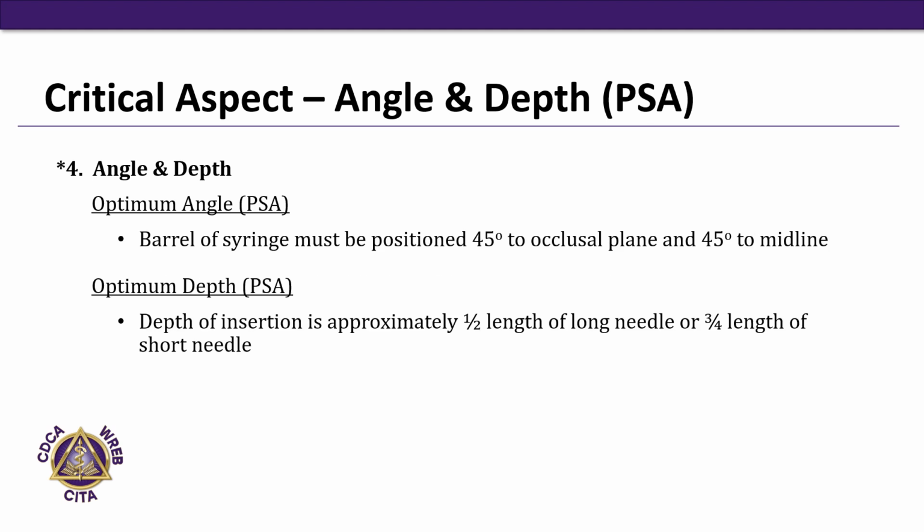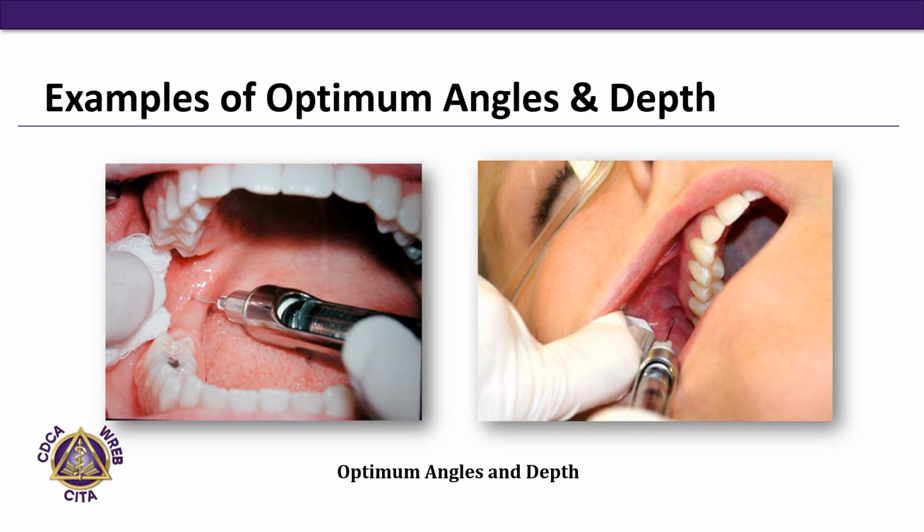For the PSA angle, the barrel of the syringe must be positioned 45 degrees to the occlusal plane and at 45 degrees to the midline. The depth of insertion is approximately 1/2 the length of a long needle or 3/4 the length of a short needle. These images represent optimal angles and depth for the